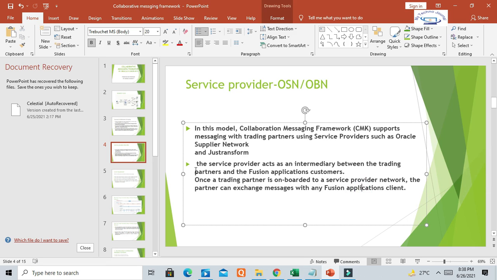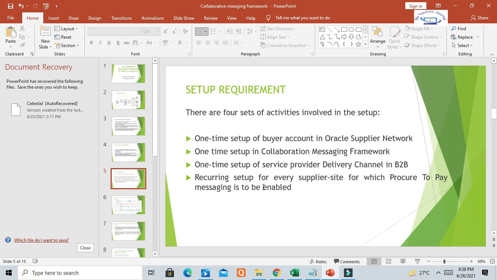So both parties should be registered with the Oracle Business Network, and then we can send the message through collaboration messaging. This message will be available on the Oracle Business Network platform, and there the supplier can also see the message and documents, receive them, and take the appropriate action.